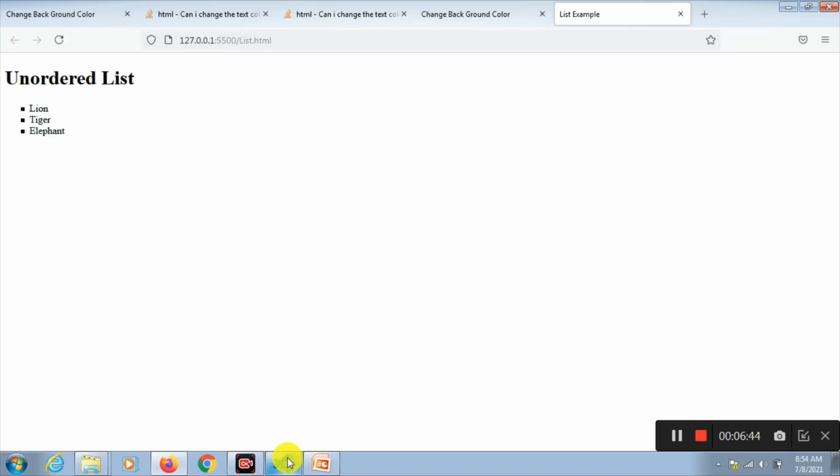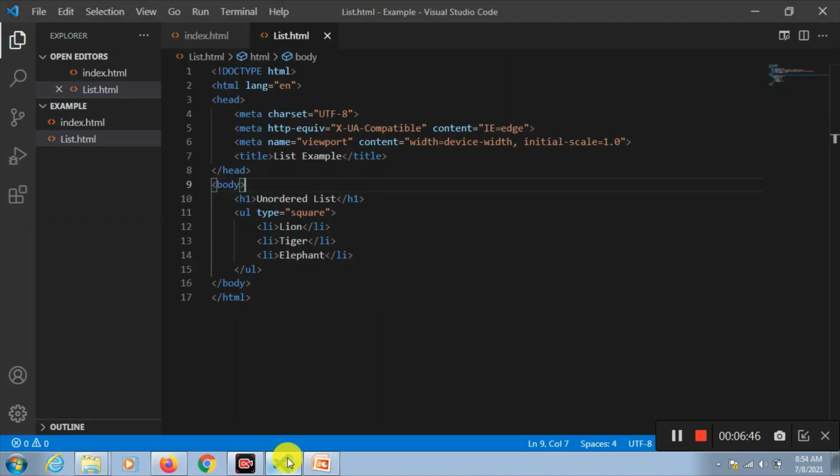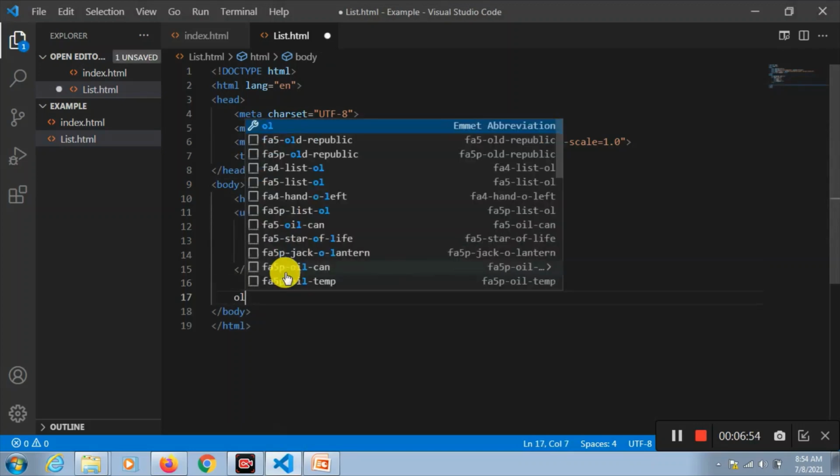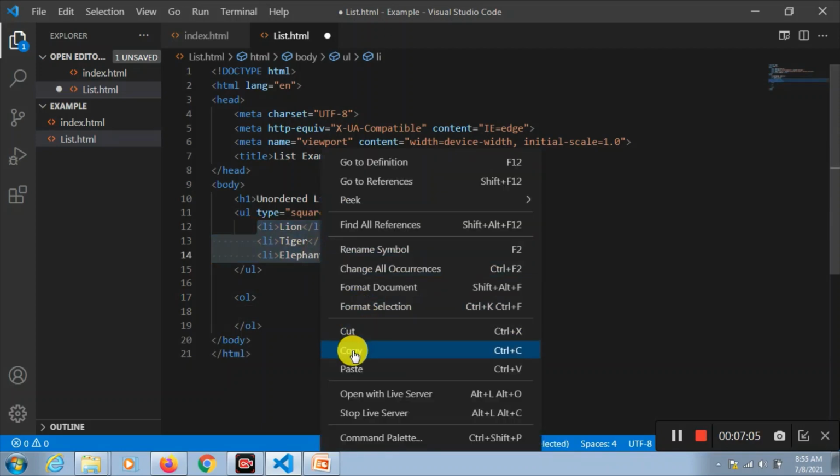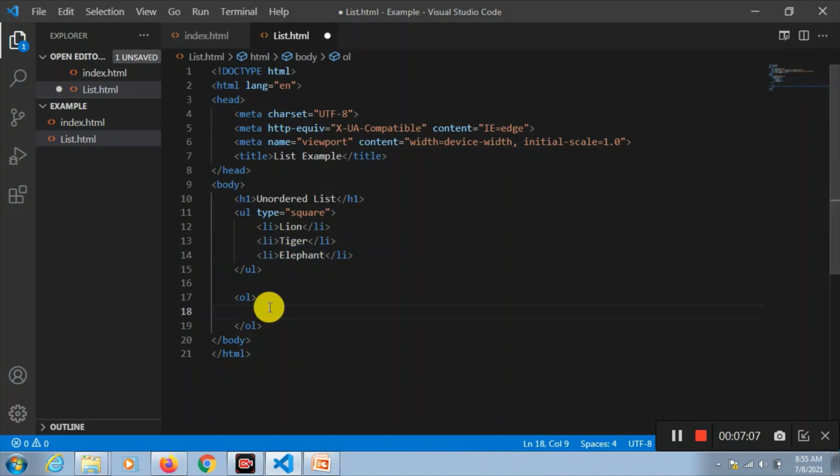Now, this is example of unordered list. Let's make one more ordered list. Ordered list OL. And let's take the same data here. For this, here also the list item will be same. You have to use the li tag only, but the content can be different.